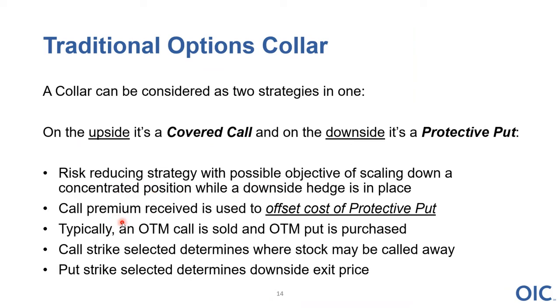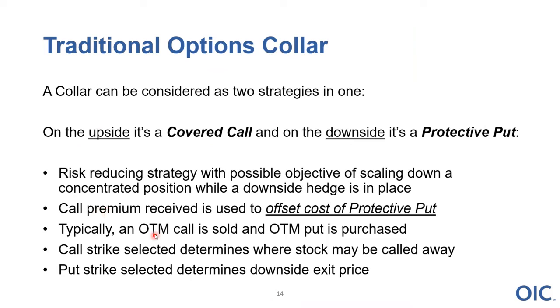But the collar sort of lends itself to that situation and the attempt to scale down at higher and higher levels to continue to potentially have upside potential while that put is in place to protect against a disaster that crushes your portfolio. The put is there as the priority, and the call premium offsets that cost. So if you want that put option protection perpetually over and over and over again, the call is going to prevent you from having to incur this cost